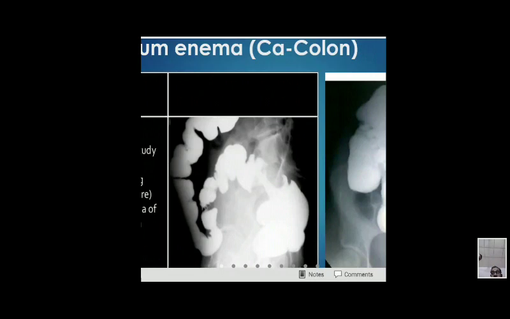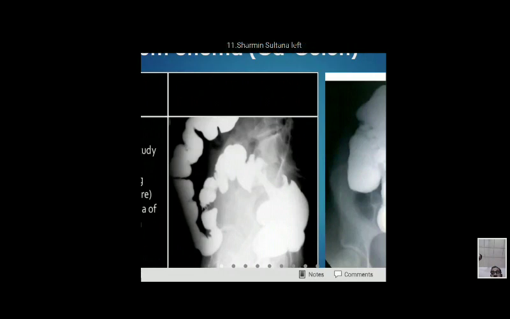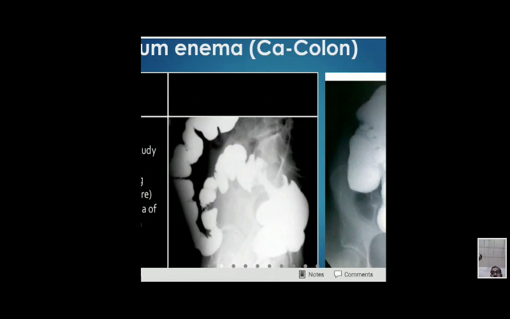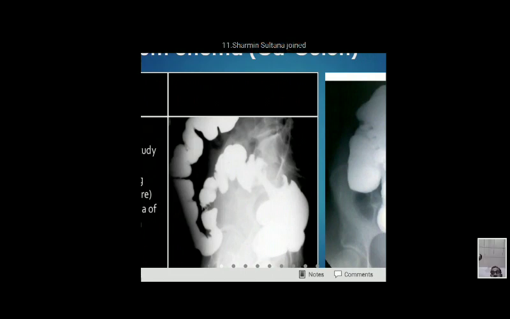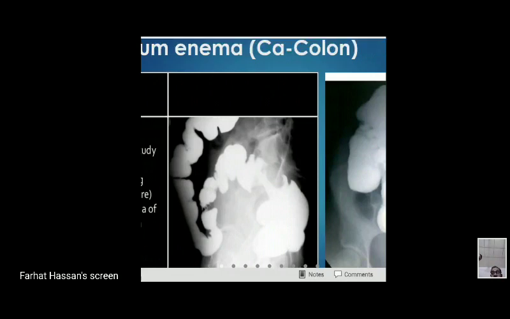And what other information do you have to know from the histology? Tissue diagnosis, first of all, adenocarcinoma, then the degree of differentiation. Yes, this is called grading. Most colonic malignancies are adenocarcinoma, and the degree of differentiation is the grading of the malignancy: well differentiated, moderately differentiated, or poorly differentiated. There is prognostic value.